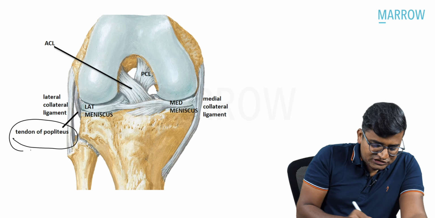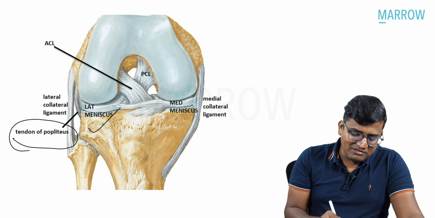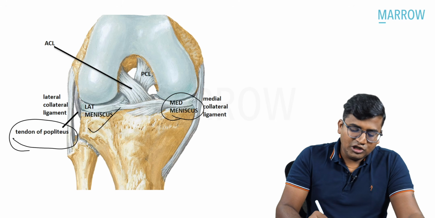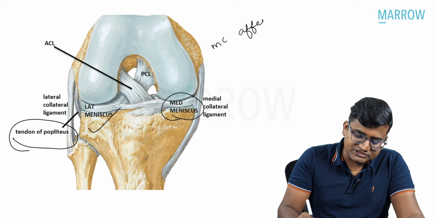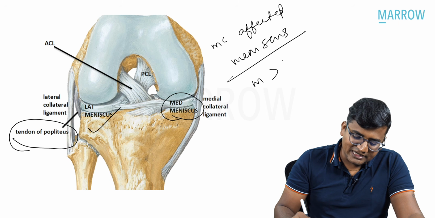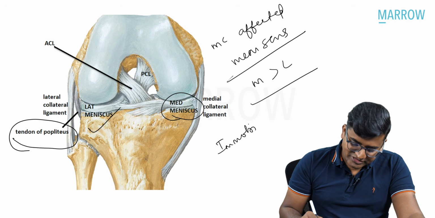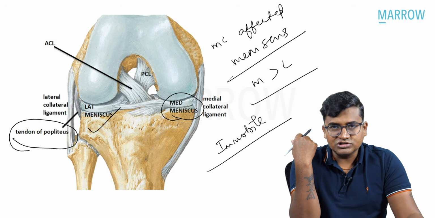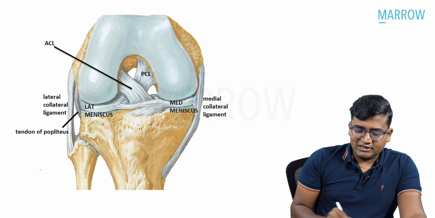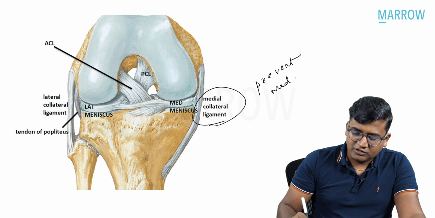Now, during knee injury, the tendon of popliteus pulls the lateral meniscus and saves the lateral meniscus. But for the medial meniscus, we don't have any structure like that. That is why during knee injury, the most commonly affected meniscus is medial greater than lateral. Because the medial meniscus is immobile, fixed to the surrounding capsule. Now, what is the function of medial collateral ligament? The medial collateral ligament prevents the medial displacement of